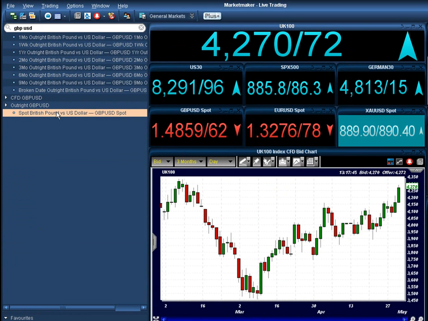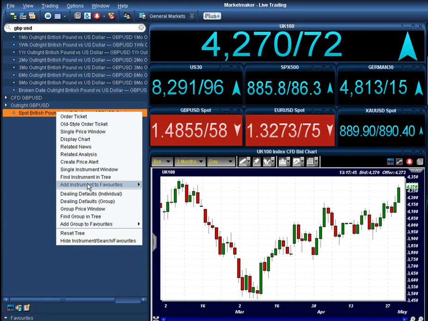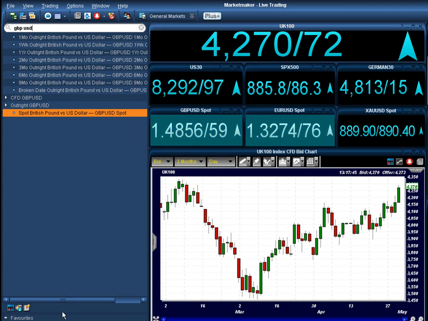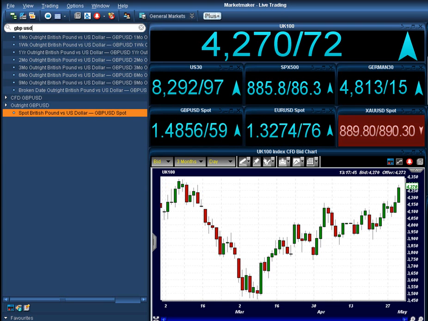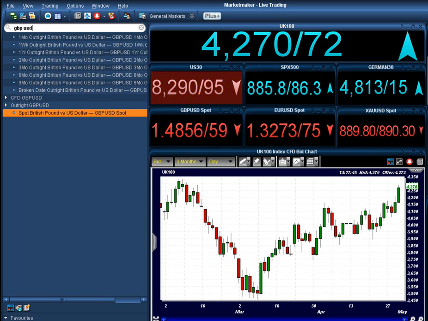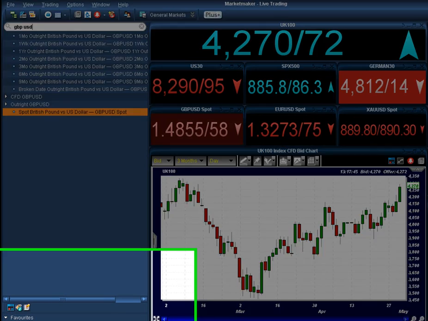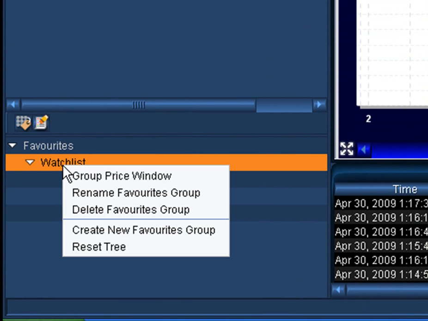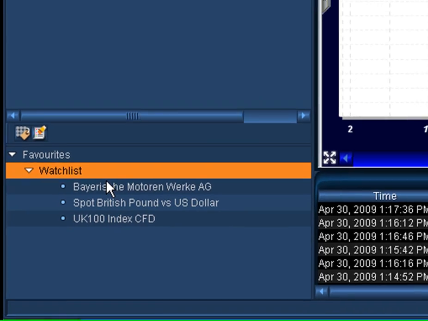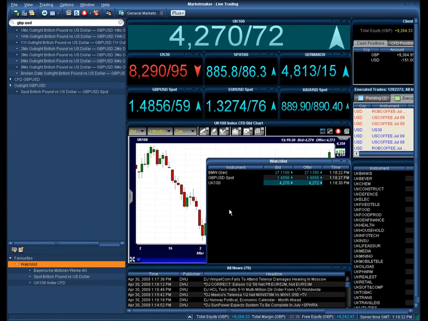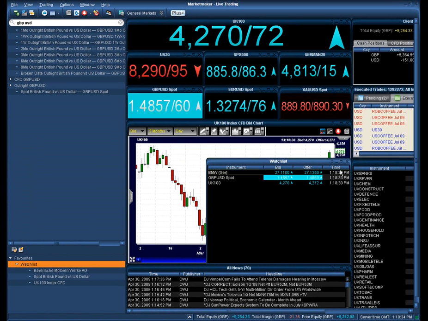Again, simply right click on the spot price, add instrument to favorites, and then add it to our watch list. Alright, now that we've added a few instruments, how do we go about bringing up the group price window? Well, quite simply, the same way that we brought up the UK sector group price window: we simply right click on the heading and then click on group price window, and then it will populate in our workspace on the right hand side. So you can see we've currently got the bid, the offer, and the last time that